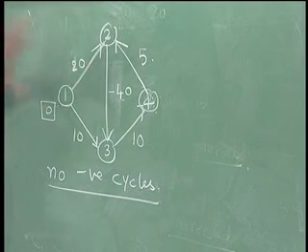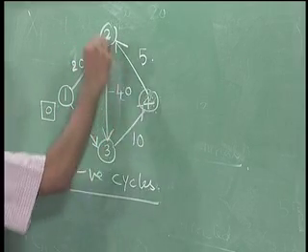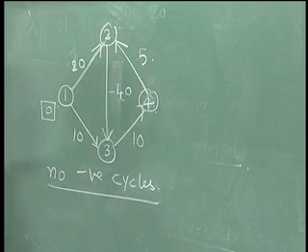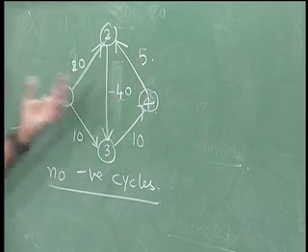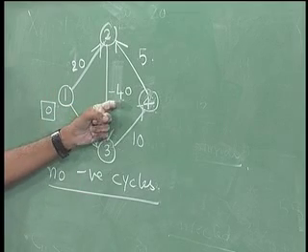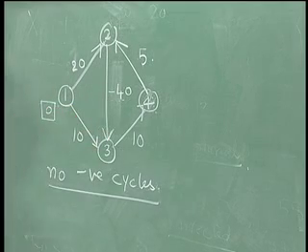Now, this is a very small network. This has been created only to explain this principle. So, by inspection one can say that this is a negative cycle. But if we are dealing with a very large network, how would somebody know that there is a negative cycle here? So, the answer is, if we apply the label correcting algorithm and then we realize that these labels are